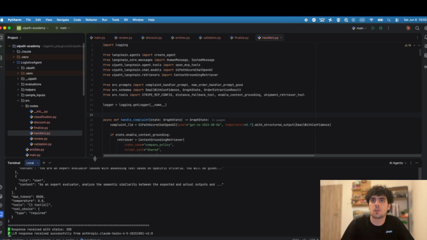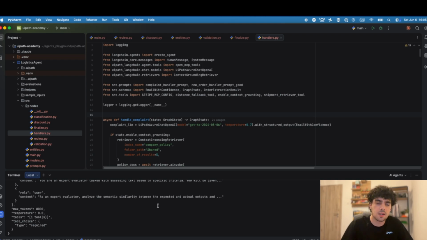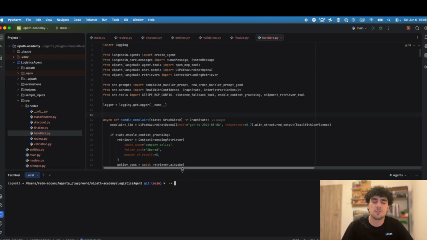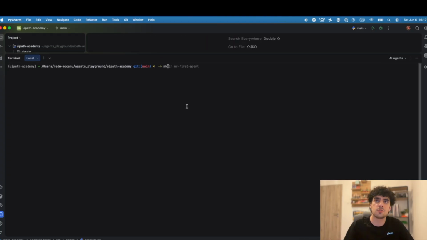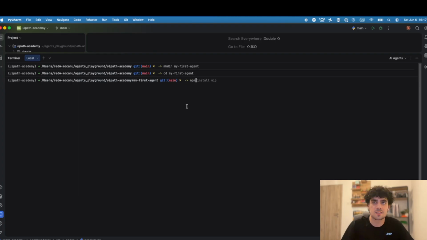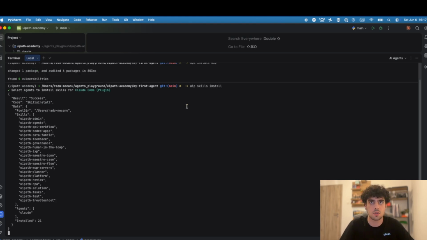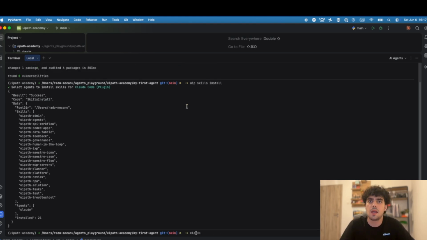So let's head back to our local IDE and we'll create an empty folder here, and using the UiPath CLI from npm, we'll install some skills for Claude Code, and then using those skills, Claude should be able to basically create any coded agent. In case you are unfamiliar, skills are reusable templates, workflows stored as MD files for coding agents. Running the UiPath skill install, you get a full list of coding agents. In my case, I'm using Claude Code, so I select that, and in here I can see that 21 skills